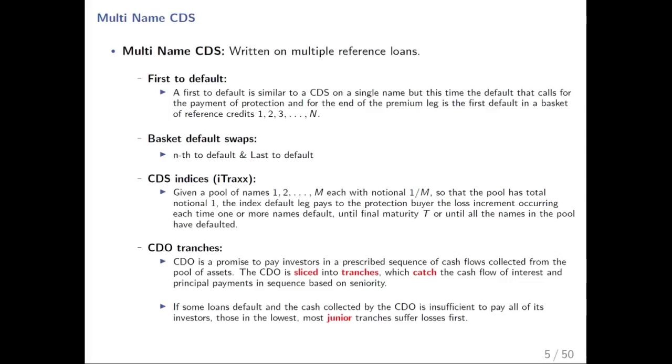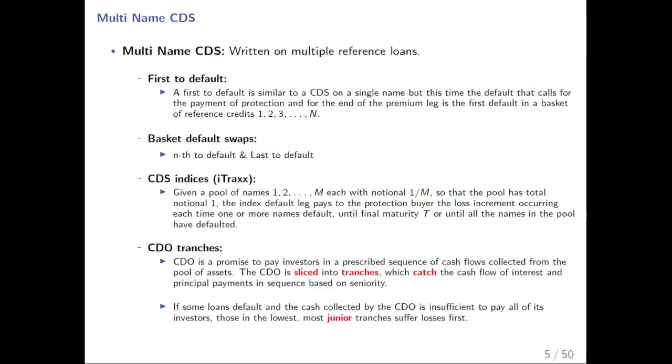And then something that we're going to be looking at, so we're not going to look at these today, but we're going to look at essentially CDO tranches. CDO tranches are structures which are supposed to reduce the credit risk in an overall loan portfolio. And essentially how they work is that a bunch of loans are pooled together and they're chopped up